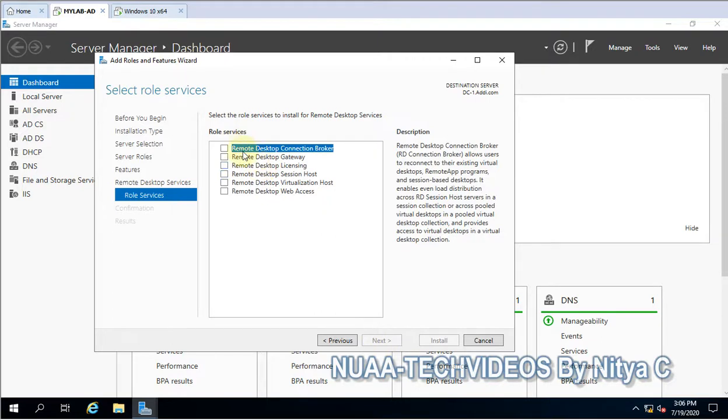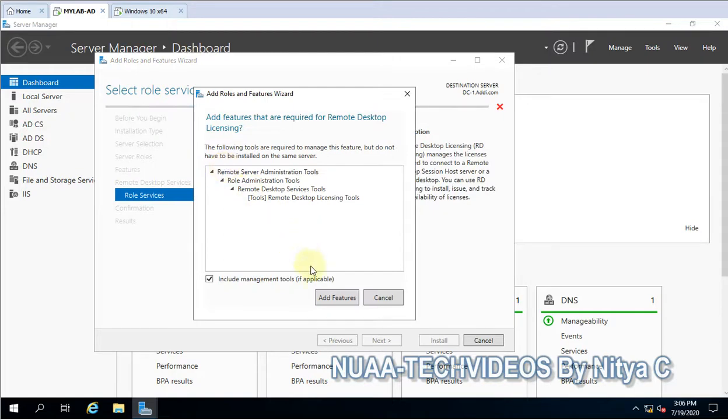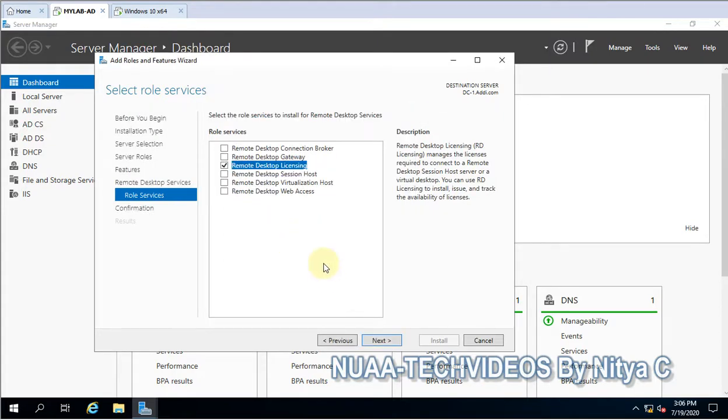And here we have so many services, but since we are installing only the licensing for RDP, we will select only this one, Remote Desktop Licensing. The other services are related to RDP only, but we need them if we have an application running on this server: Remote Desktop Connection Broker, Gateway, Session Host, and in the next videos we will discuss each of them.